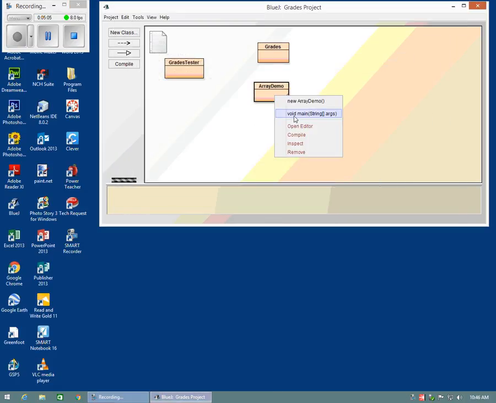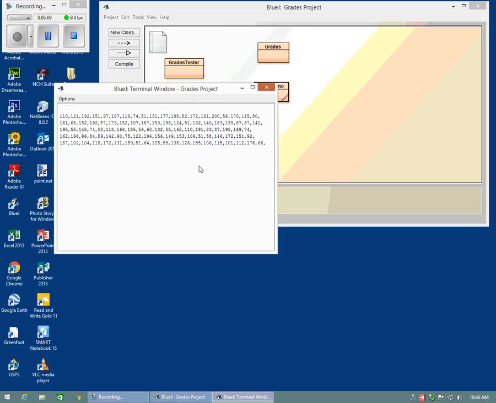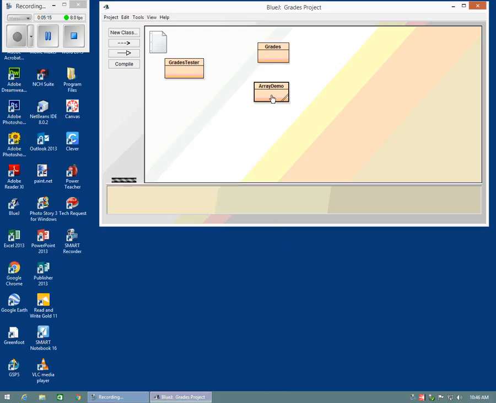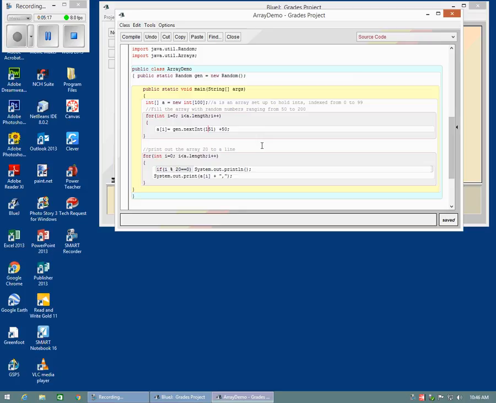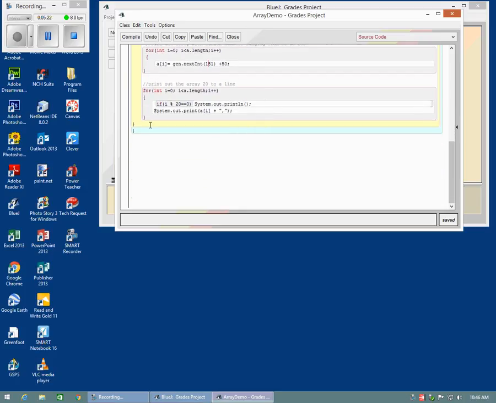And this way, that question is going to come up on our arrays, on our grades project. That's the next project we're working on. Okay, so that worked out nicely. The next thing we want to do is, after printing that array, now we want to sort the array and